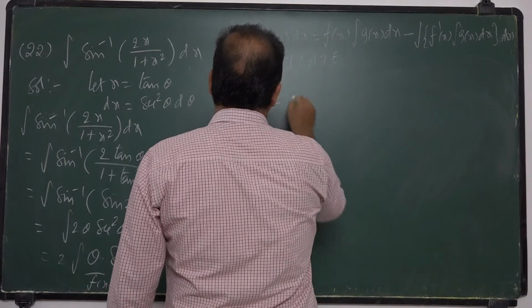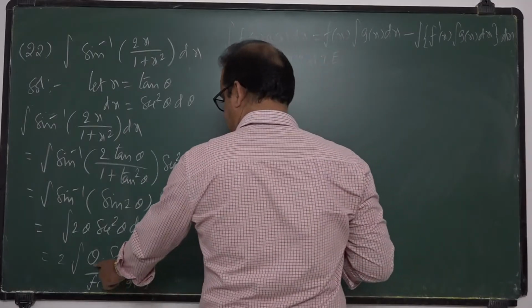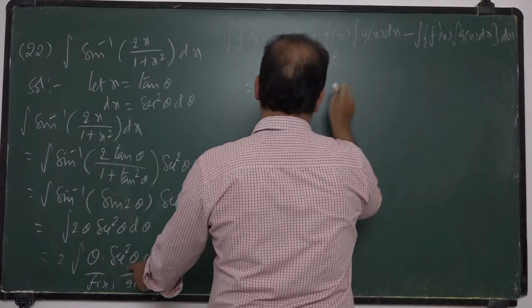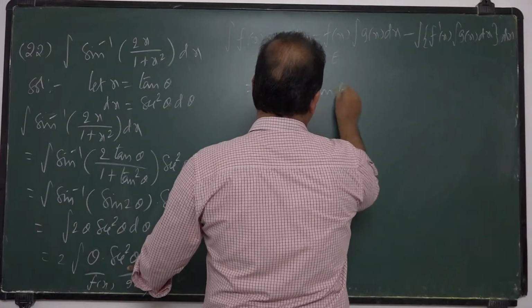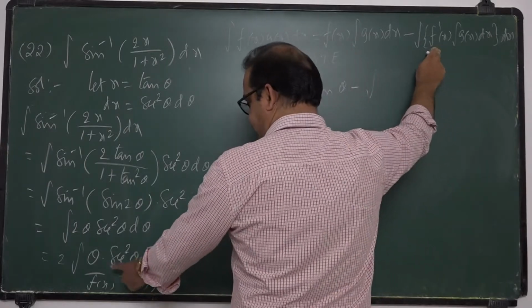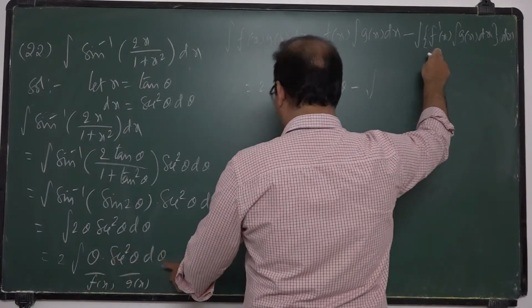Two into, from this formula, f of x, theta, into integral of g of x, integral of secant square theta, tan theta, minus integral of f dash, derivative of theta with respect to theta,